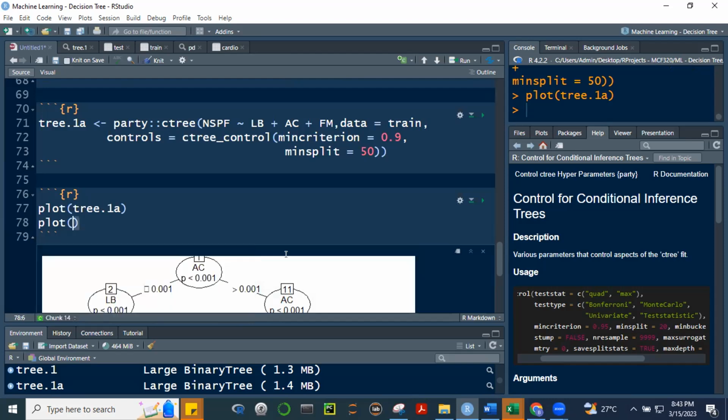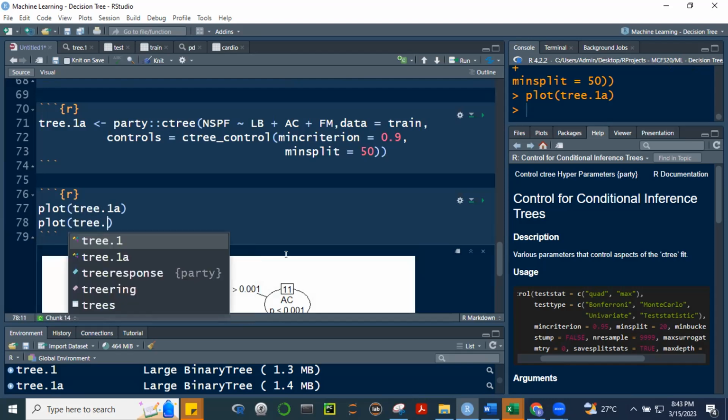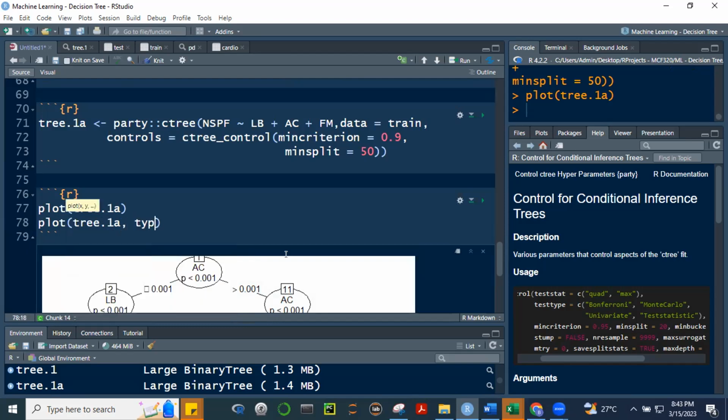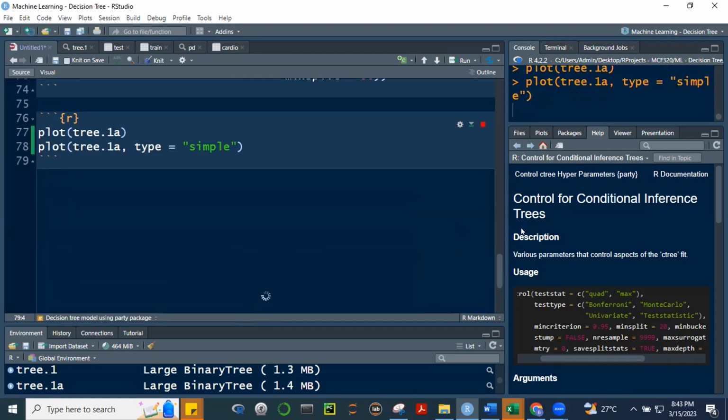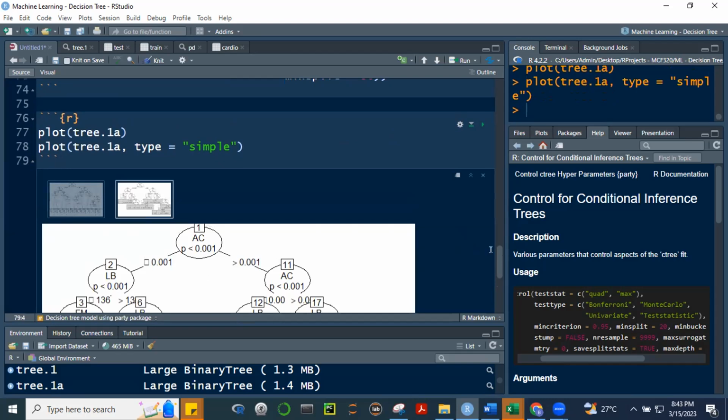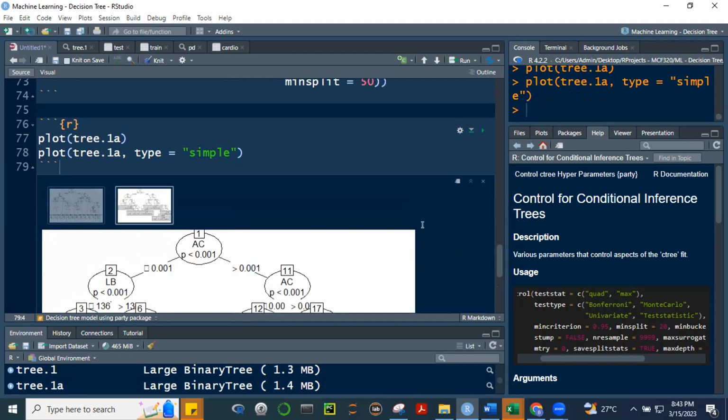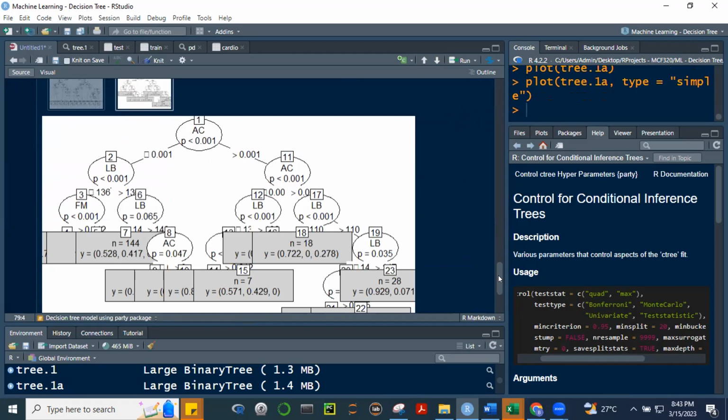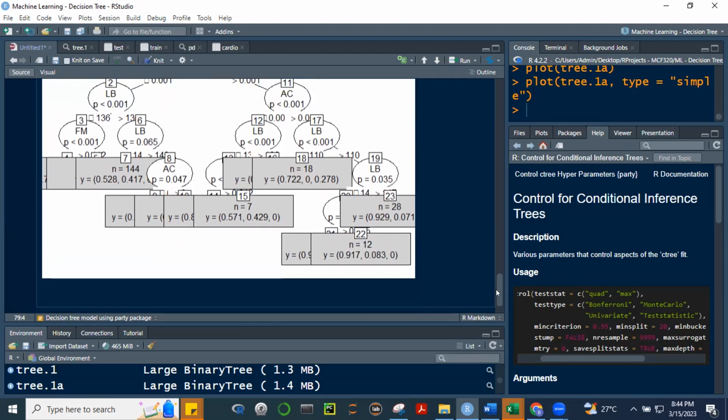Plot 3.1a type is equal to simple. All right. So we have this.